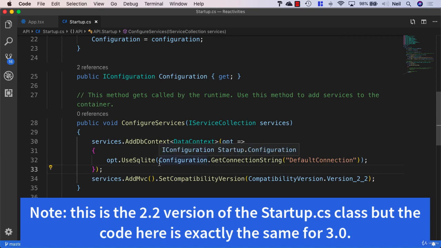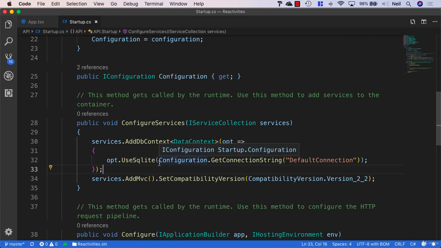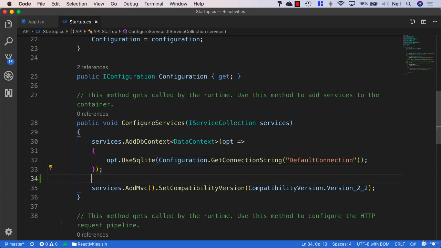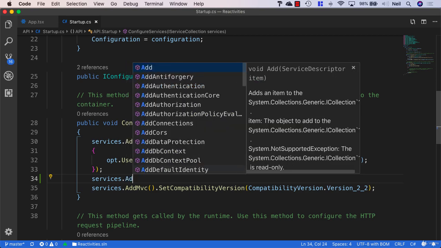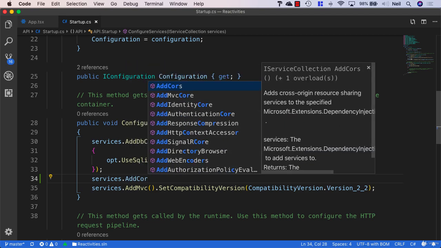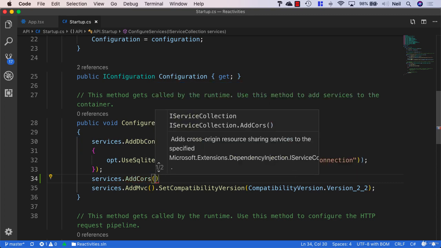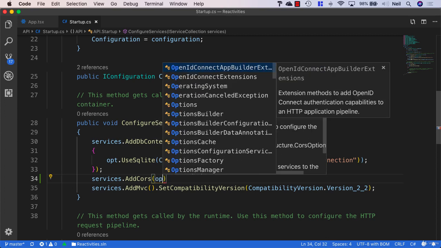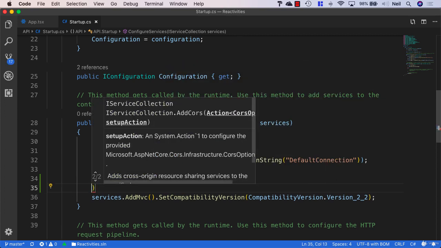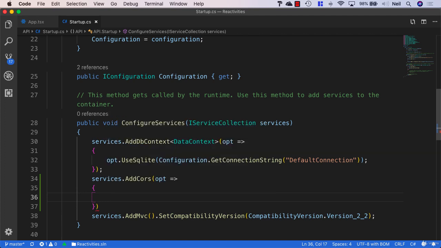In order to add these CORS headers, these cross-origin resource sharing headers, the first thing we need to do is add a service, and we'll say services.AddCors, and this is going to add the cross-origin resource sharing services so that we can use them in our application. And what we need to do here is give this some options. So I'll specify options, and what we can do inside here is say